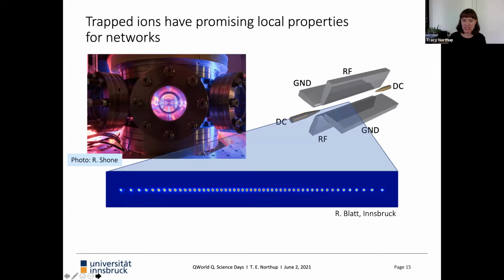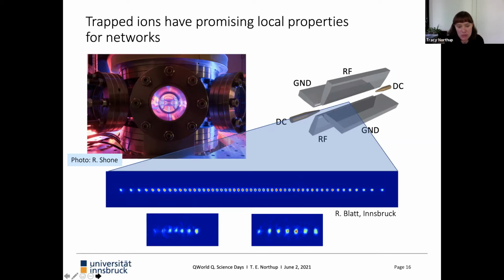So again, here's the picture that I showed you before, now a bigger version, looking at what these crystals of ions look like in the trap. Why would you form a crystal? Well, you have ions along the trap axis, confined orthogonal to that axis by the 2-dimensional pseudopotential. If you relax the trap a bit more along the 3rd axis, then they will preferentially line up along that axis. On one hand, they see a harmonic potential, but on the other hand, you have Coulomb repulsion, and that gives you a characteristic spacing on the order of about 5 microns.